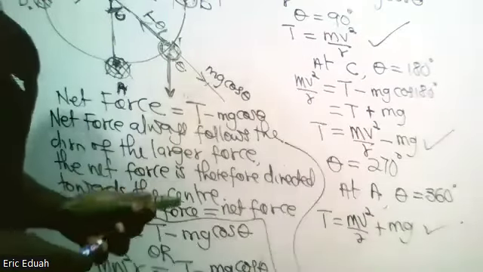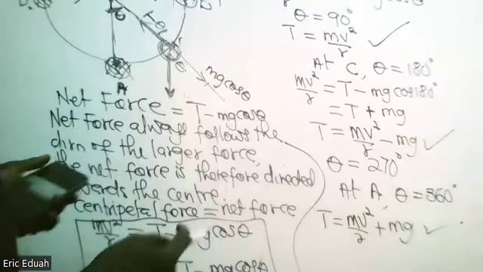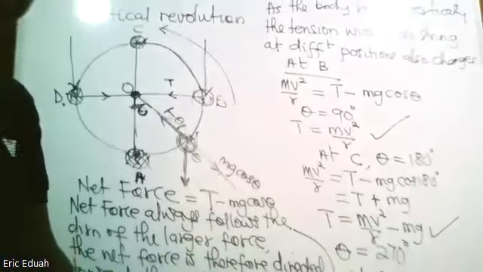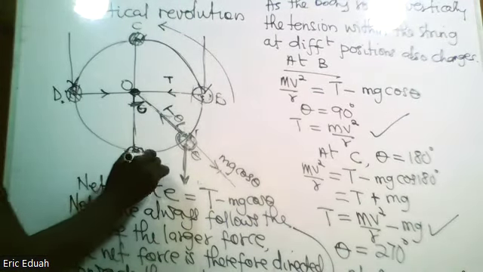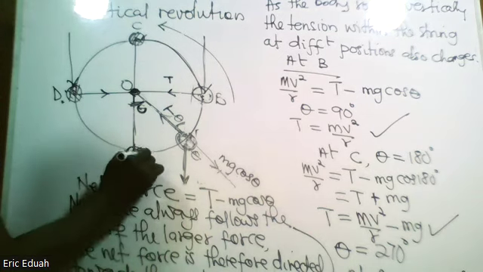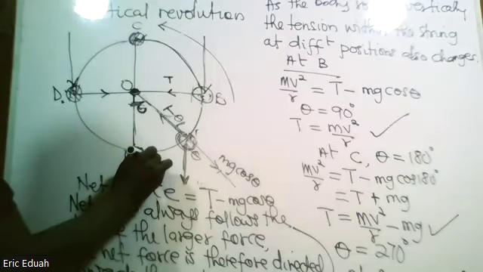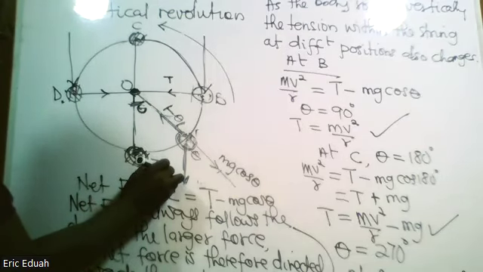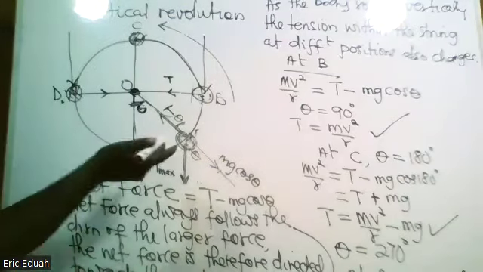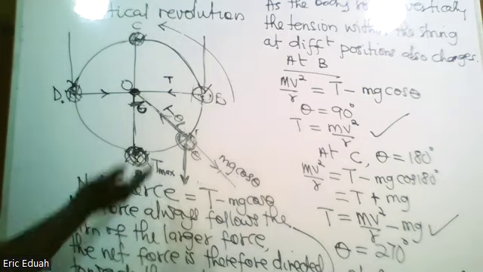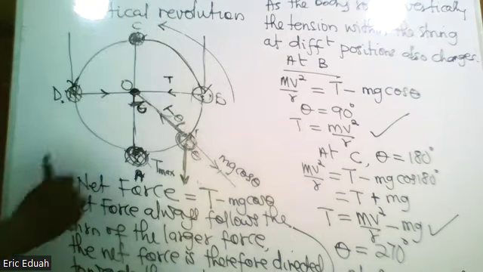So when an object is in vertical revolution, look at the diagram. Maximum tension occurs in the string when the object is below. So this point would give you a point of maximum tension. When the object revolves and comes below the vertical circle, then up the circle,